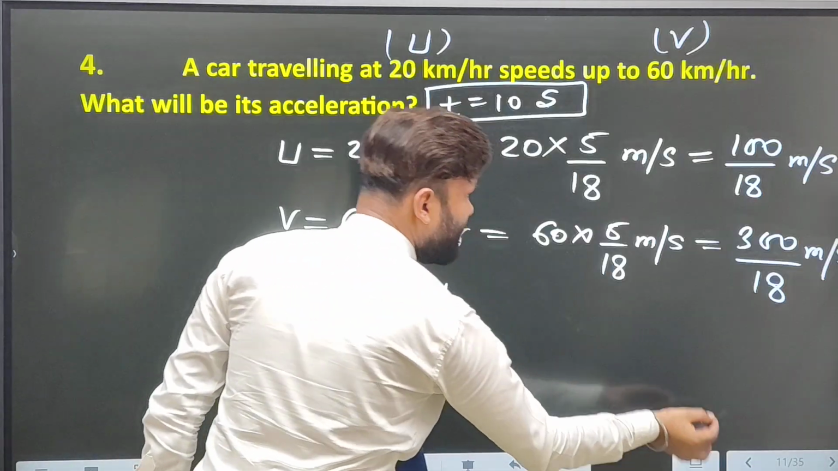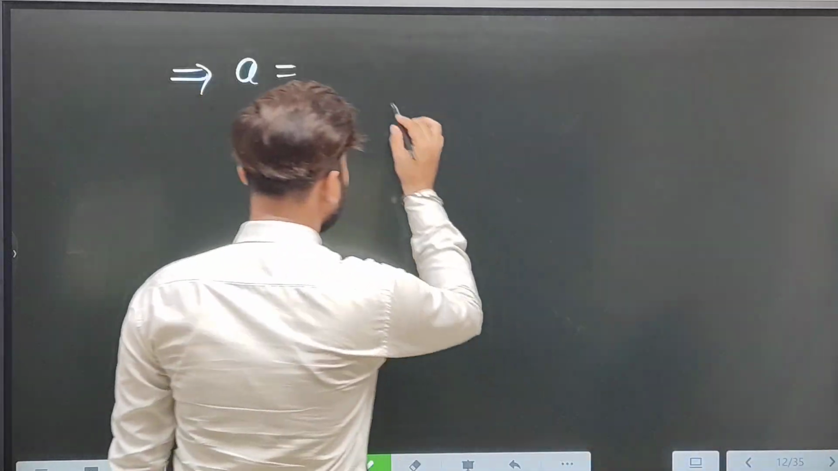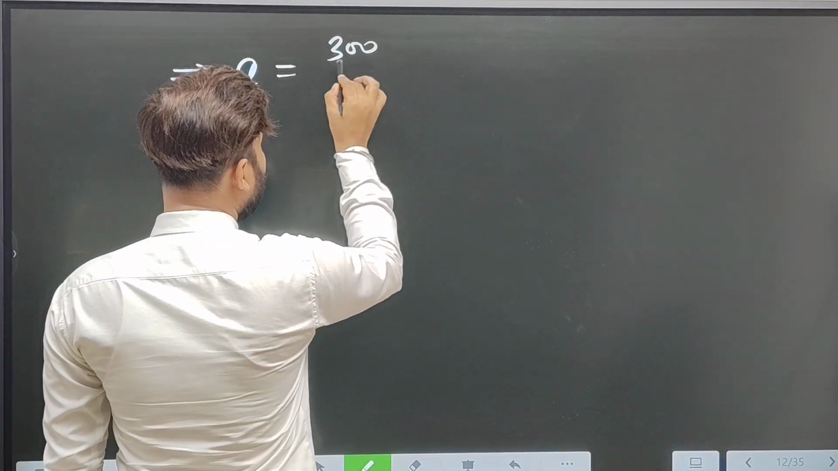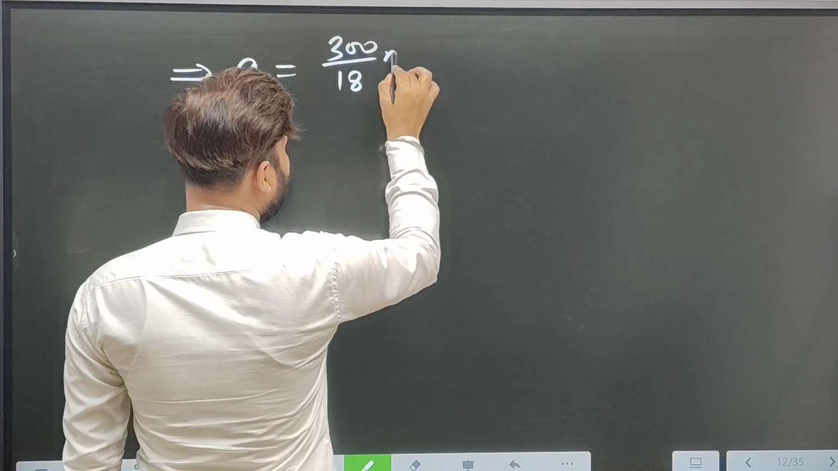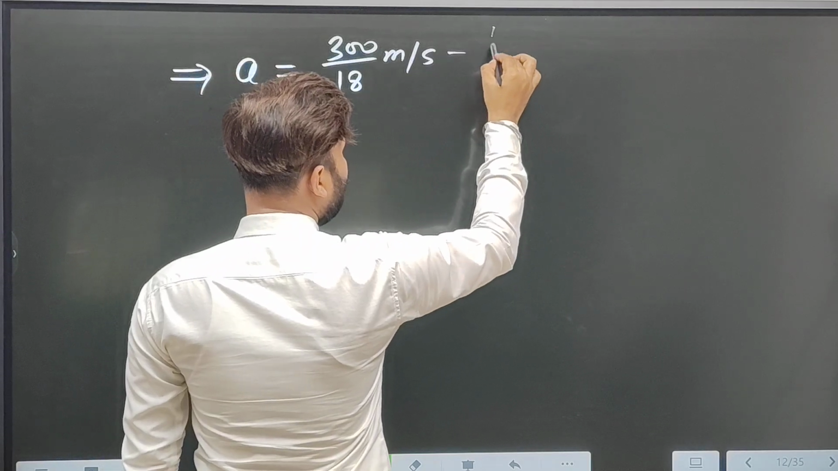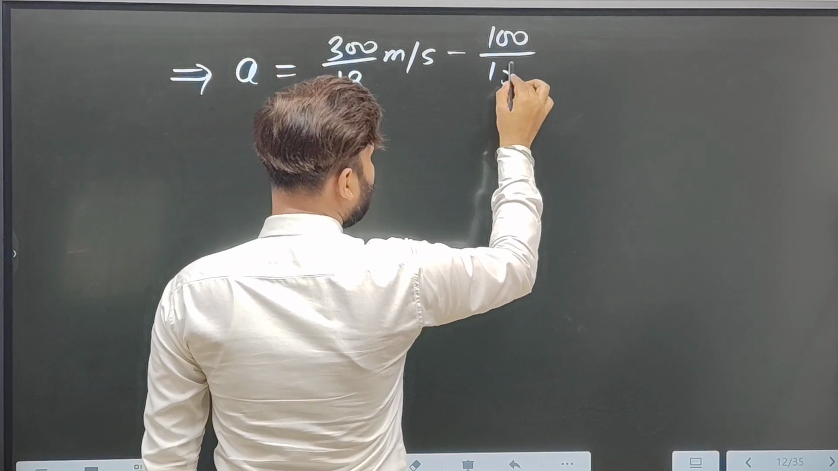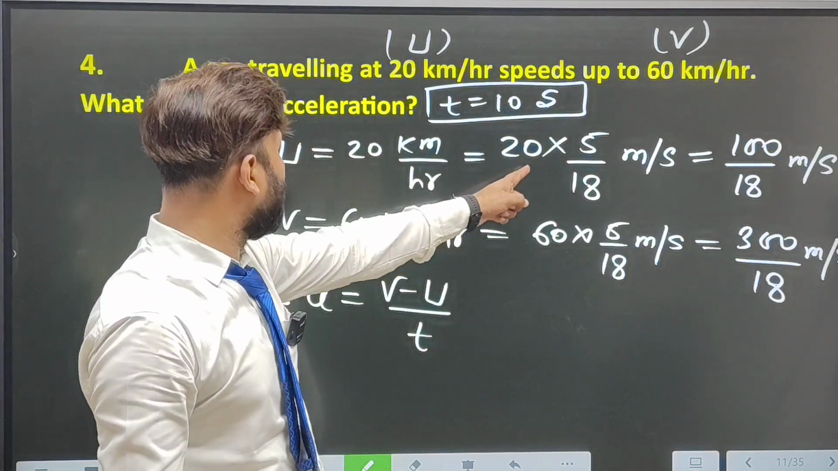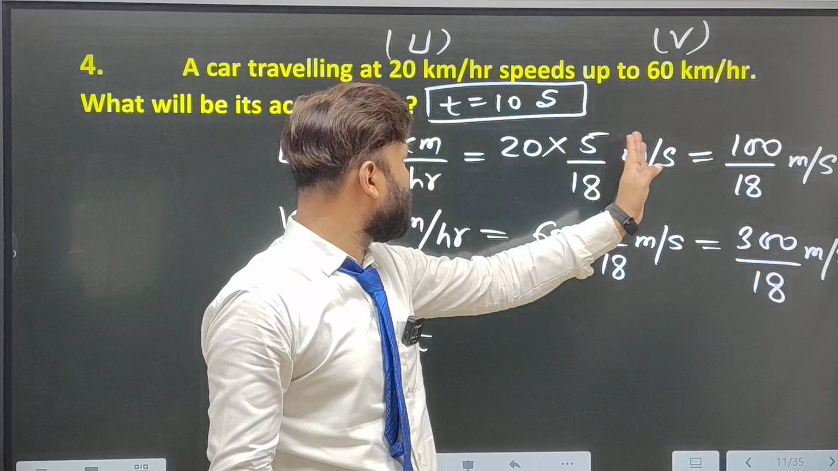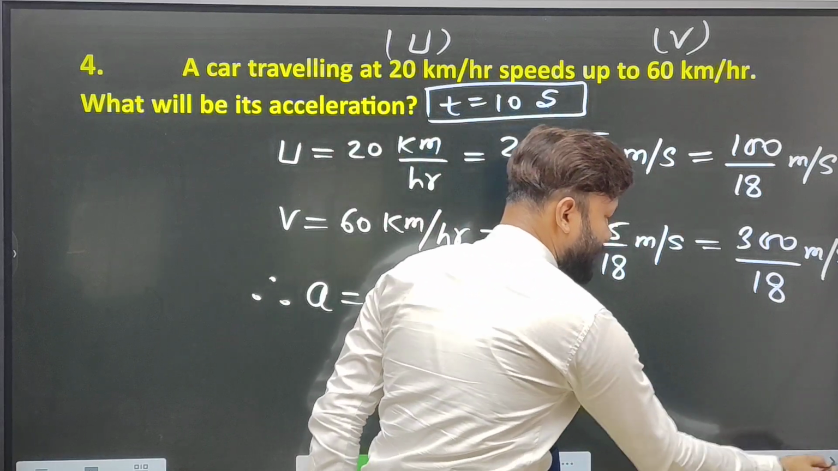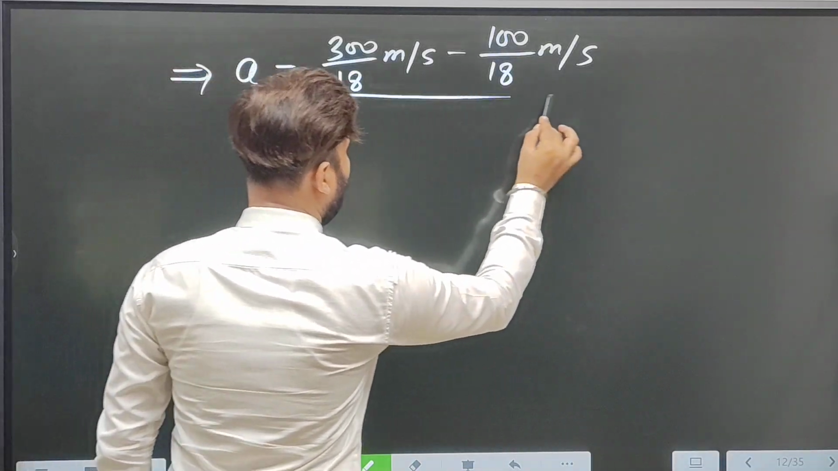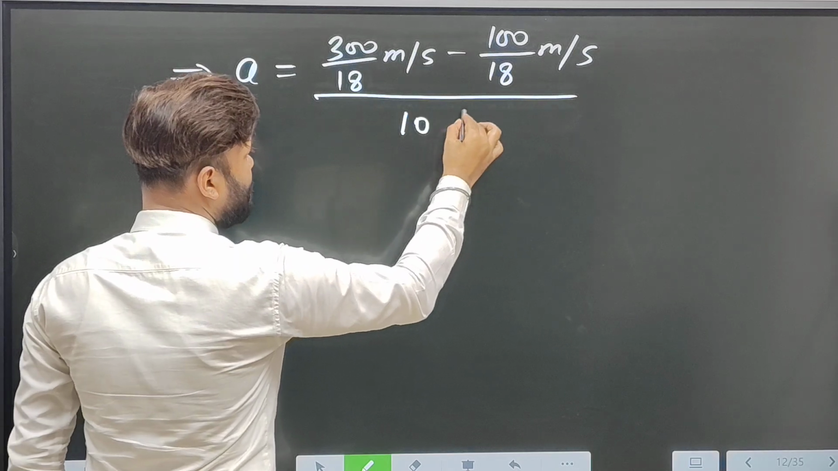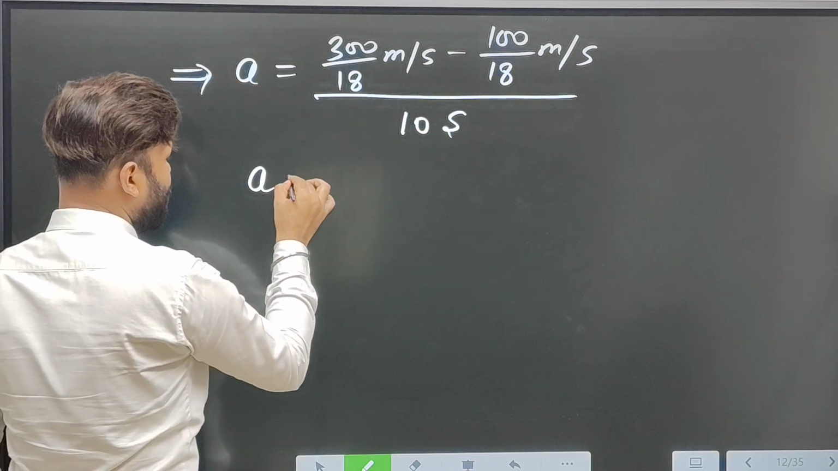Final velocity is how much? 300 by 18 meter per second, and initial velocity is 100 by 18 meter per second. Yes, it is 100. 20 into 5, so 100. So 100 by 18 meter per second divided by time. Time is, I have assumed how much? 10 seconds. So acceleration will be,